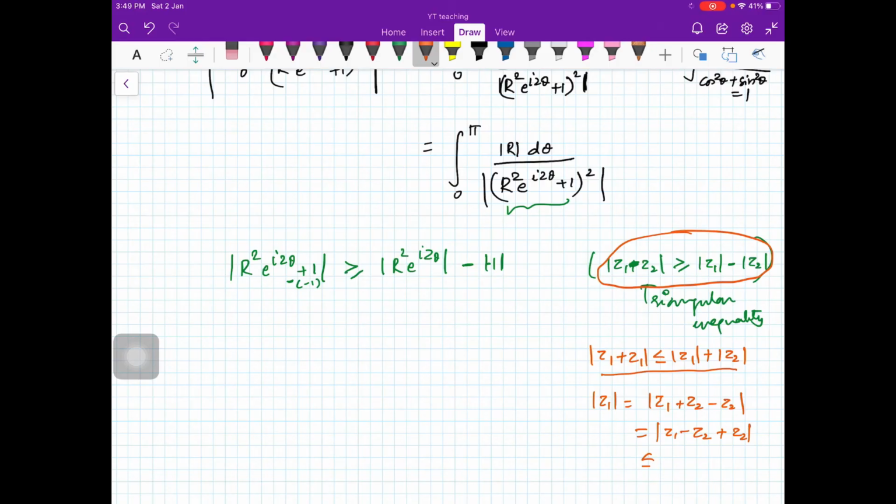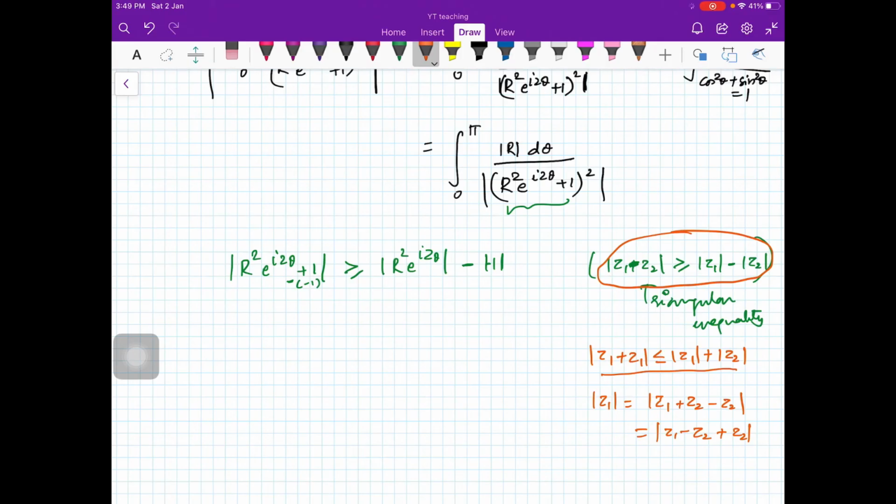Another way of looking at this, if you want to have an understanding of it: here you are taking the mod of the numbers and then subtracting, and here you are first subtracting and then taking the mod. So there is a chance that these numbers add up, because you are first subtracting and then taking the mod. There is no chance that these numbers will add up when you first take the mod and then subtract, so this number is obviously bigger. This is just an idea, and I have used it here.